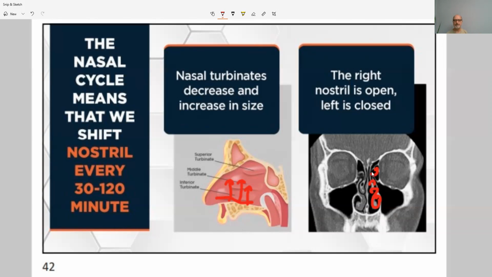So, memory points are that you have these turbinates in your nose that swell and dictate which side of your sinuses are dominant and which aren't, and that nitric oxide is released to purify the air and humidify it. And one final little tidbit, and we'll go over this in the techniques discussions, is that as we breathe,